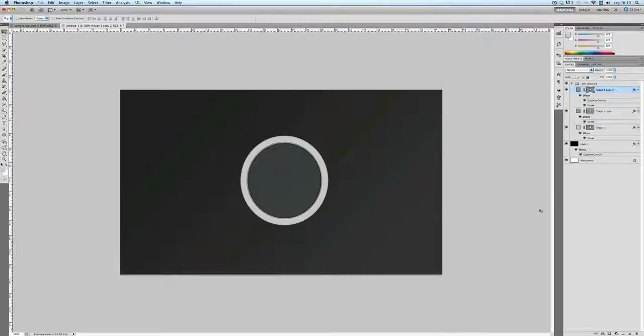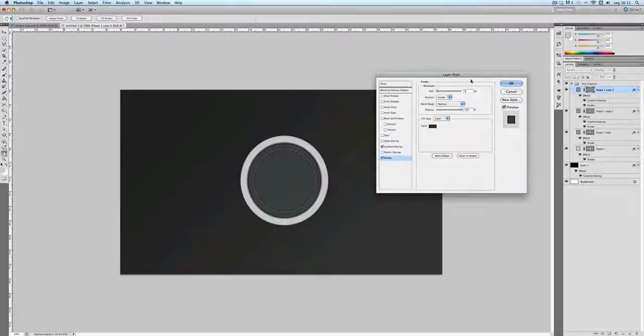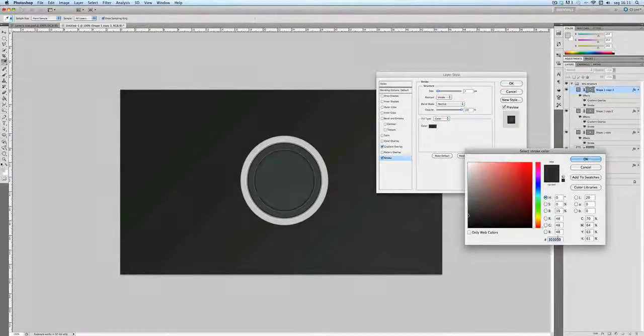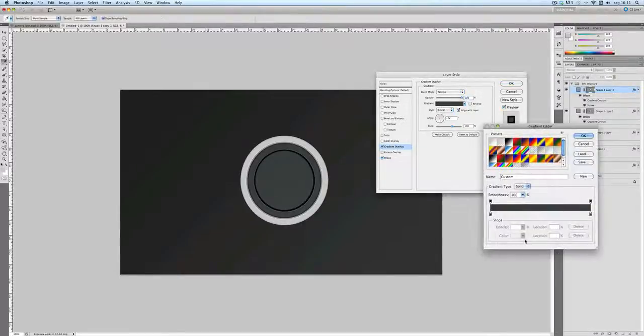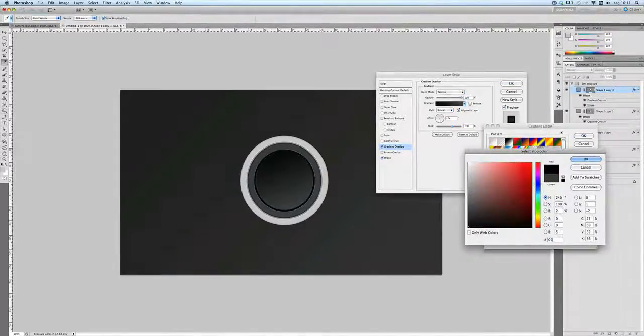Alright, so now let's duplicate the last circle again, press Command T, Shift and Alt, and reduce the size like this. Alright, press OK. Now first let's edit the stroke. For the stroke size, let's work with 7 pixels, position inside, blend mode normal, opacity 100%, and for the color, use the code 0606, enter. Now let's edit the gradient overlay as well, and for the first color, let's use the code 050505,